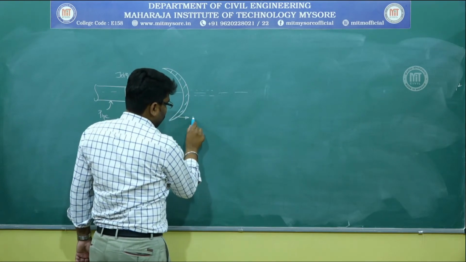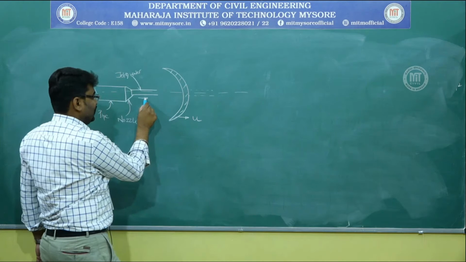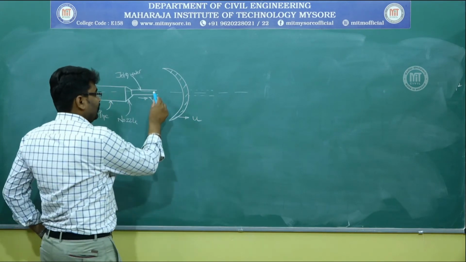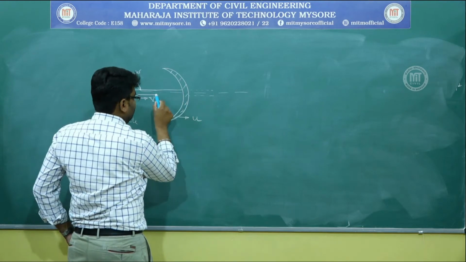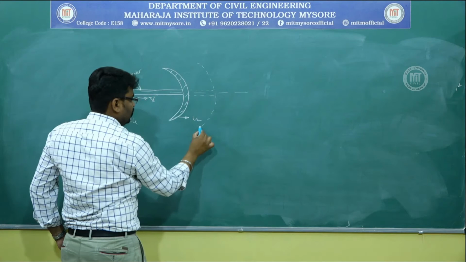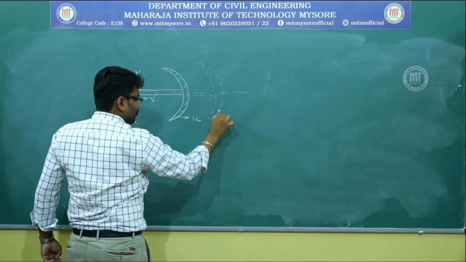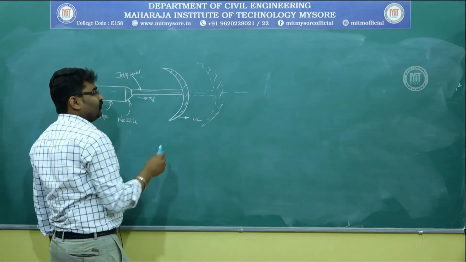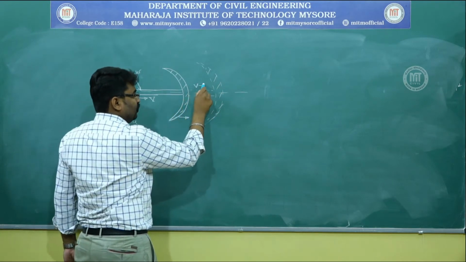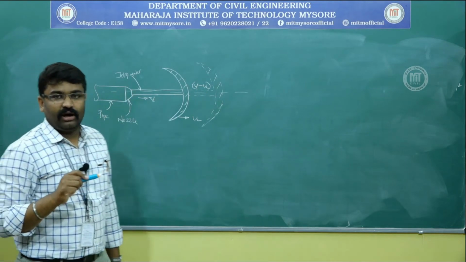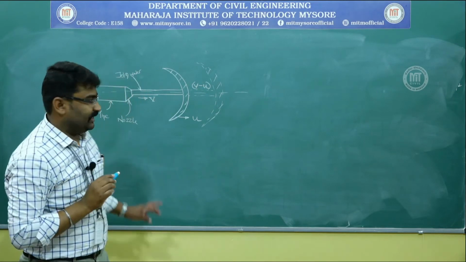In hindsight, you must now understand this vane would have moved with a velocity of u, and this jet has left the nozzle with a velocity v, and by the time it reaches the vane, which is now shifted to here by virtue of its velocity u, it would be changed to v minus u. This v minus u is called the relative velocity.